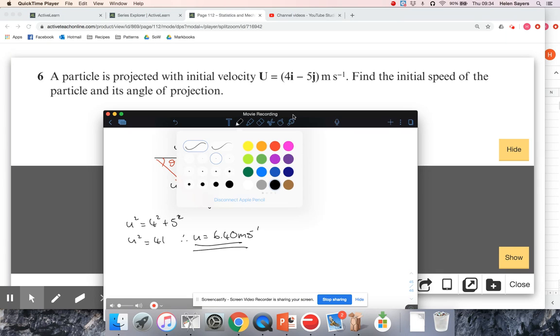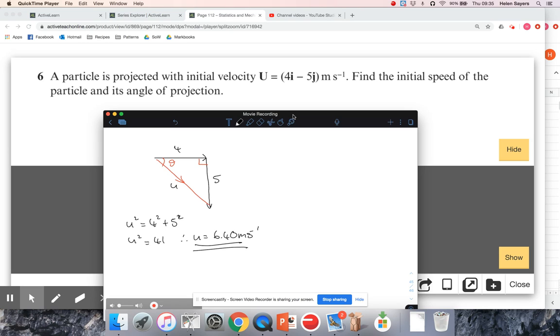The angle, so again, I've just basically got a right angle triangle, and I've got the opposite and adjacent sides. So opposite and adjacent, I want to use tan. So tan is opposite over adjacent. So theta will be arctan of 5/4. So theta is 51.3